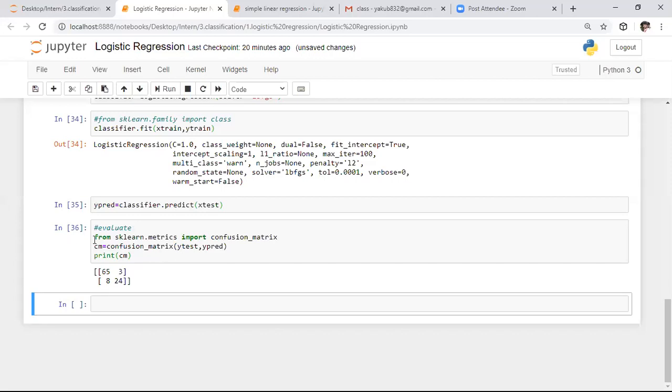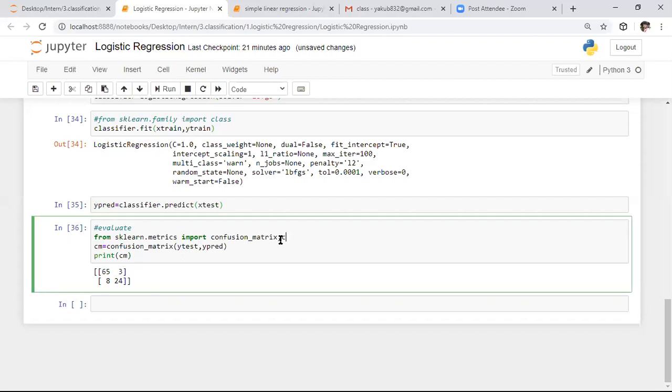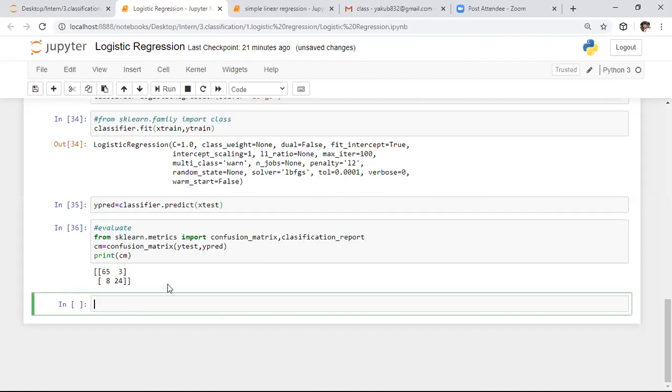To know the accuracy of this algorithm, we have the classification_report class. Whenever you use a class, again we need to create an object with that specific name.